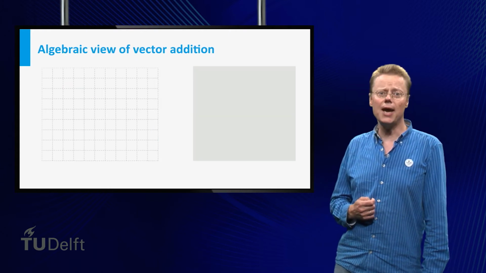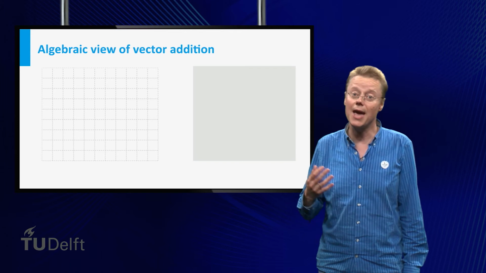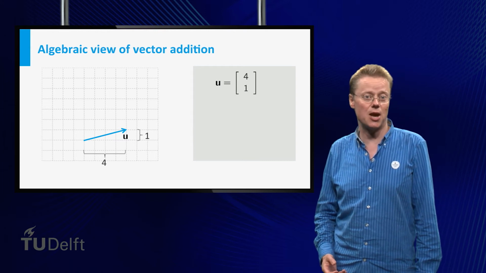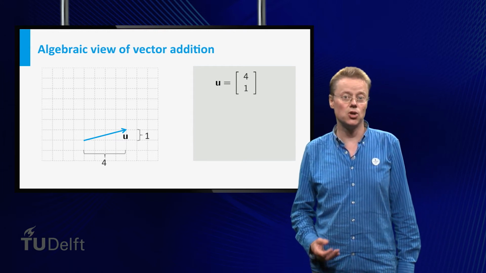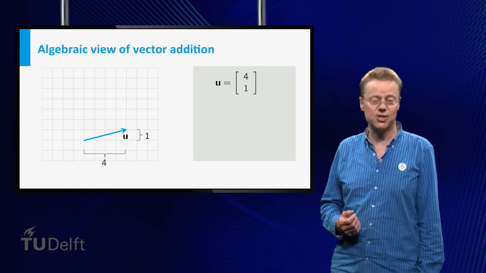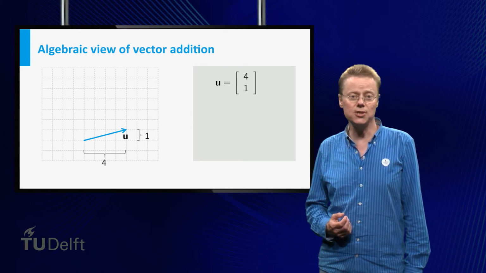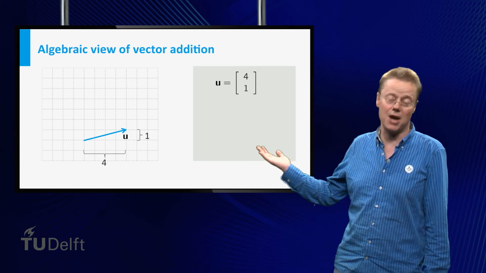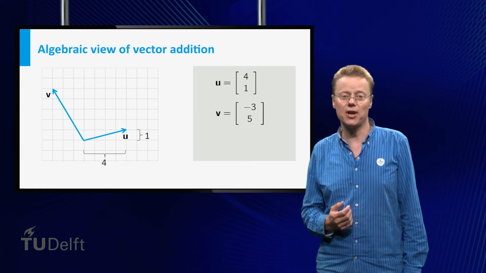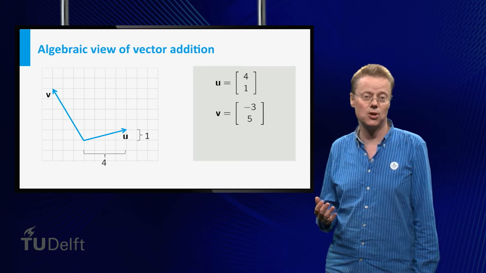Okay, let us now look at vector addition and scalar multiplication of vectors from the algebraic point of view. The standard algebraic representation of a vector in the two-dimensional space is by its endpoint, assuming that the vector starts at the origin. The coordinates of the endpoint are stacked on top of each other and collected between two tall brackets. For instance, (4, 1) and (-3, 5). Using this representation, addition of two vectors is quite natural. The numbers 4 and 1 are called components of the vector (4, 1).